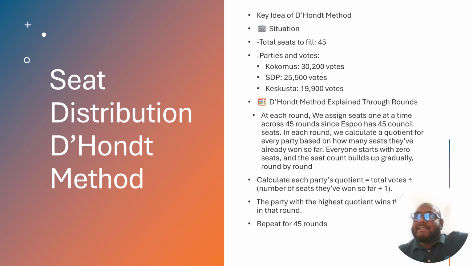Well, the key idea of the D'Hondt method is, for example, I just made an assumption about a situation, just like an election environment. So here's the situation: there are 45 electoral seats in total to fill,